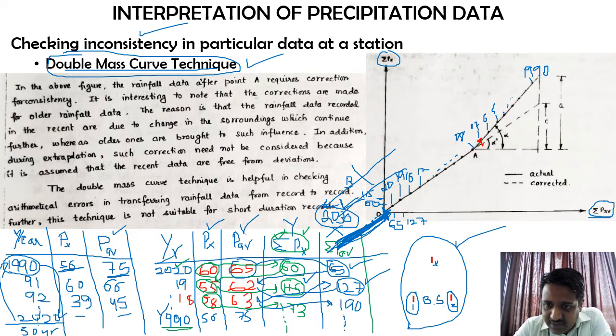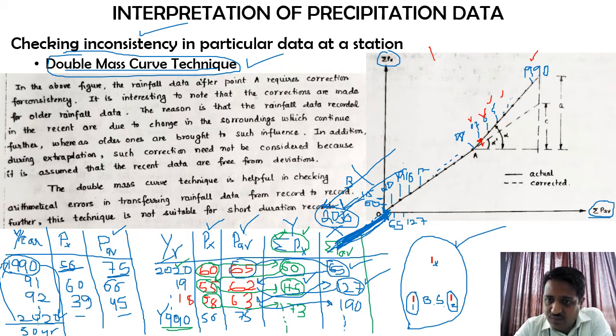Okay, so how am I going to do that? That is with the help of the formula that we have seen in the previous slide. So basically you will be taking the slope of this. Similarly for 2007, 6, 5, 4, 3, 2, 1 until 1990, we need to apply the corrections. So how will that correction be applied?